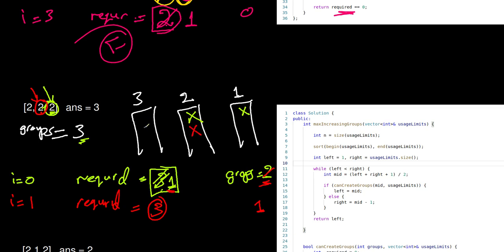and we fill it in these 2 groups. 3 minus 2 is 1, so we still need 1 element. We try to look for the next iteration. Now I equal 2,